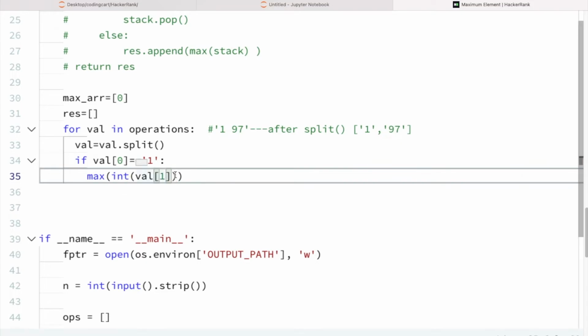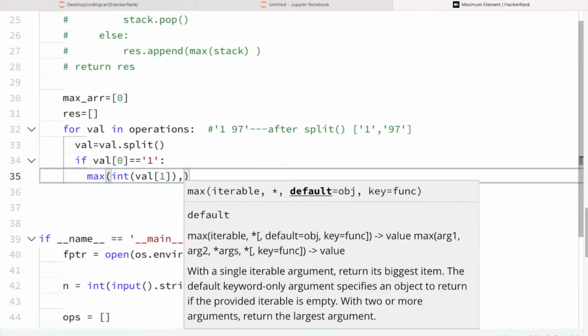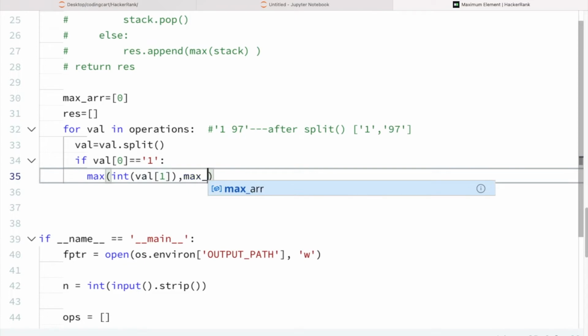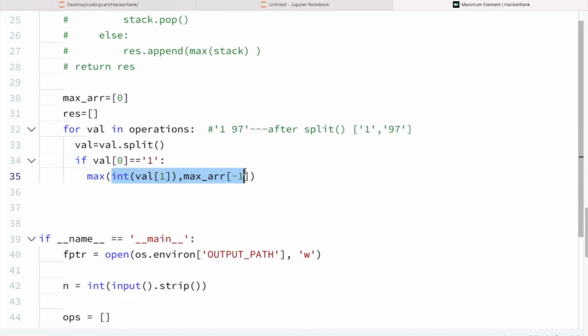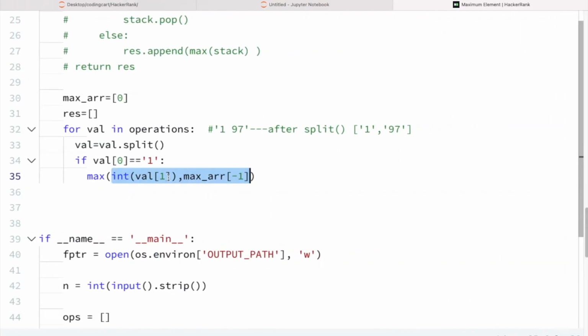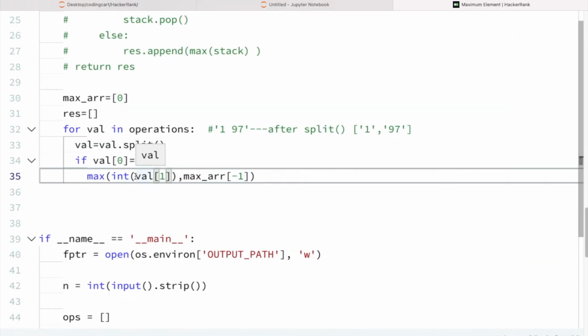This is my incoming value, and we have to compare it with the top element of the max array, which is present at -1. This is the same logic which I have explained here: val and max of array 1. Here val is the incoming value, present in val at index 1.